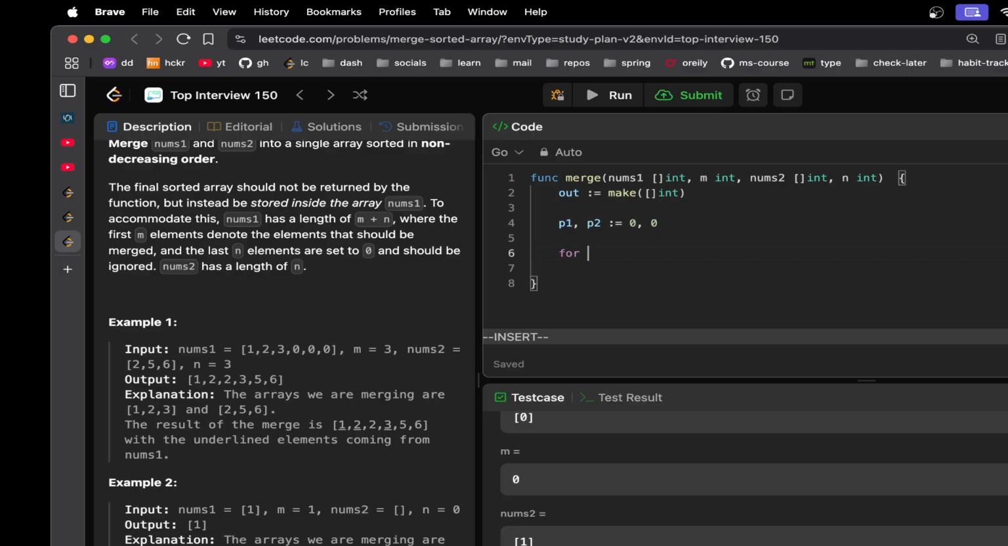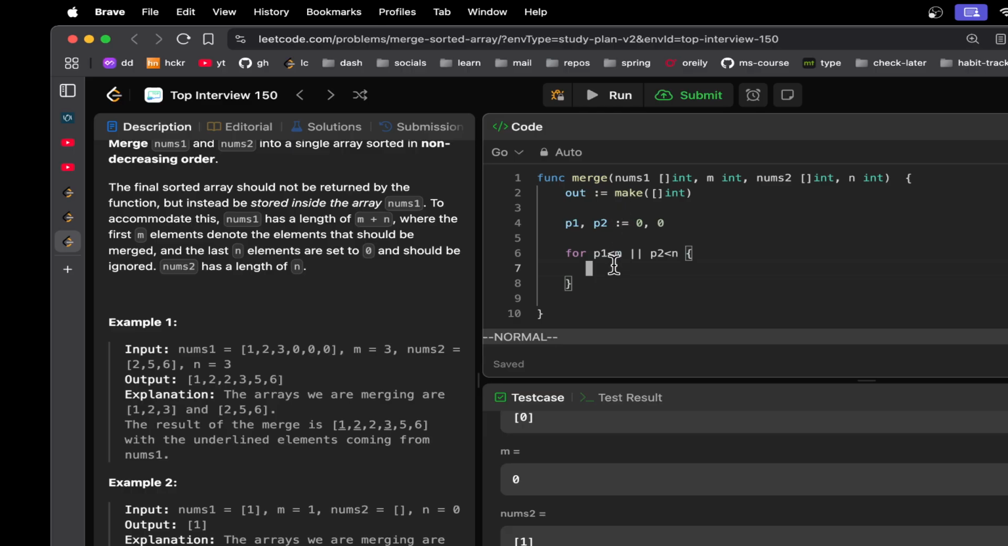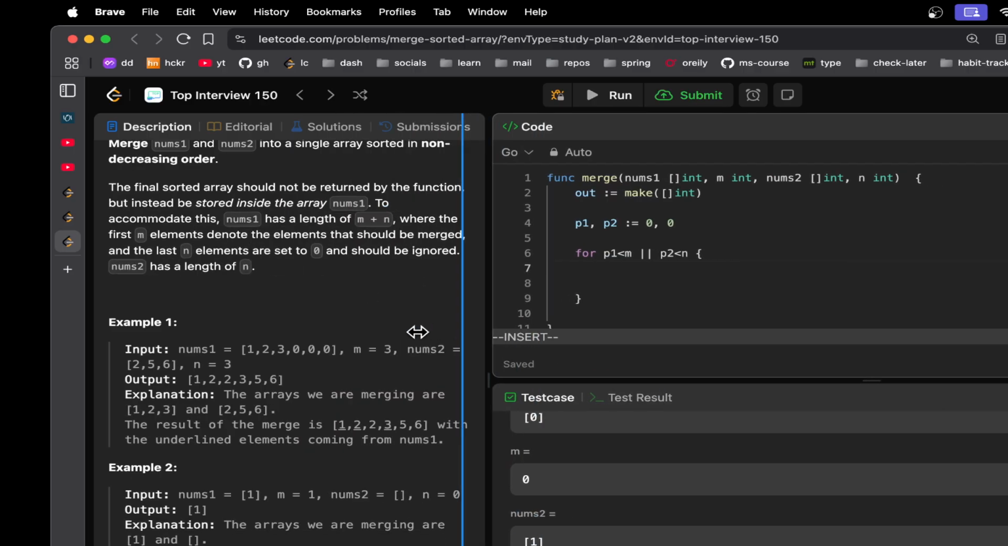So I will check for p1 is less than m. As long as this is true, or p2 is less than n, as long as this is true, I will keep doing what I have to do in this loop. Sorry for my communications gap. So as long as p1 is less than m and p2 is less than n,